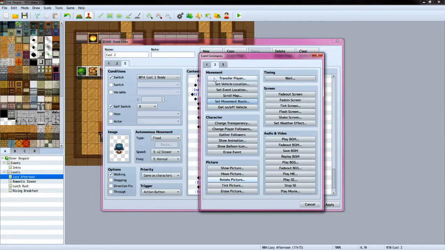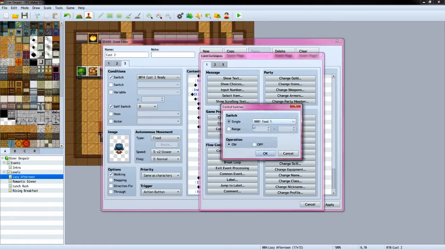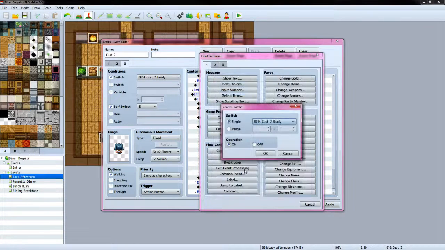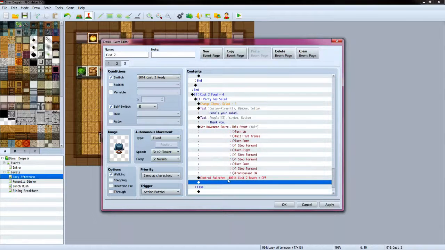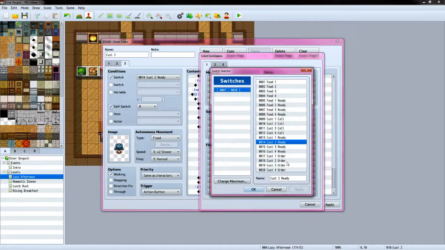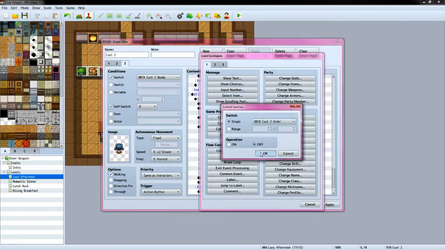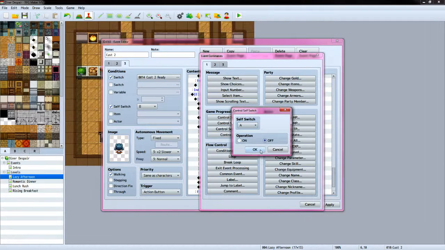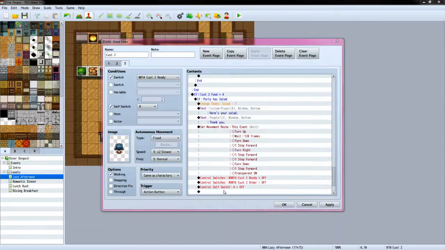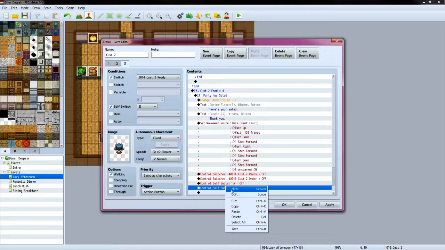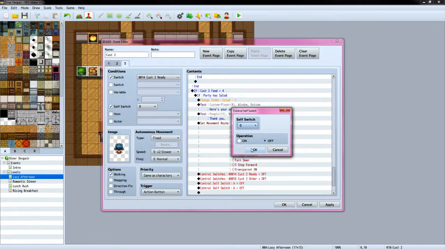Followed by a whole bunch of switches, which is going to be customer 2 ready, goes off, customer 2 order, wrong button, customer 2 order, goes off, switch A, goes off, switch B, goes off. Let me fix that one. This is switch B, goes off,